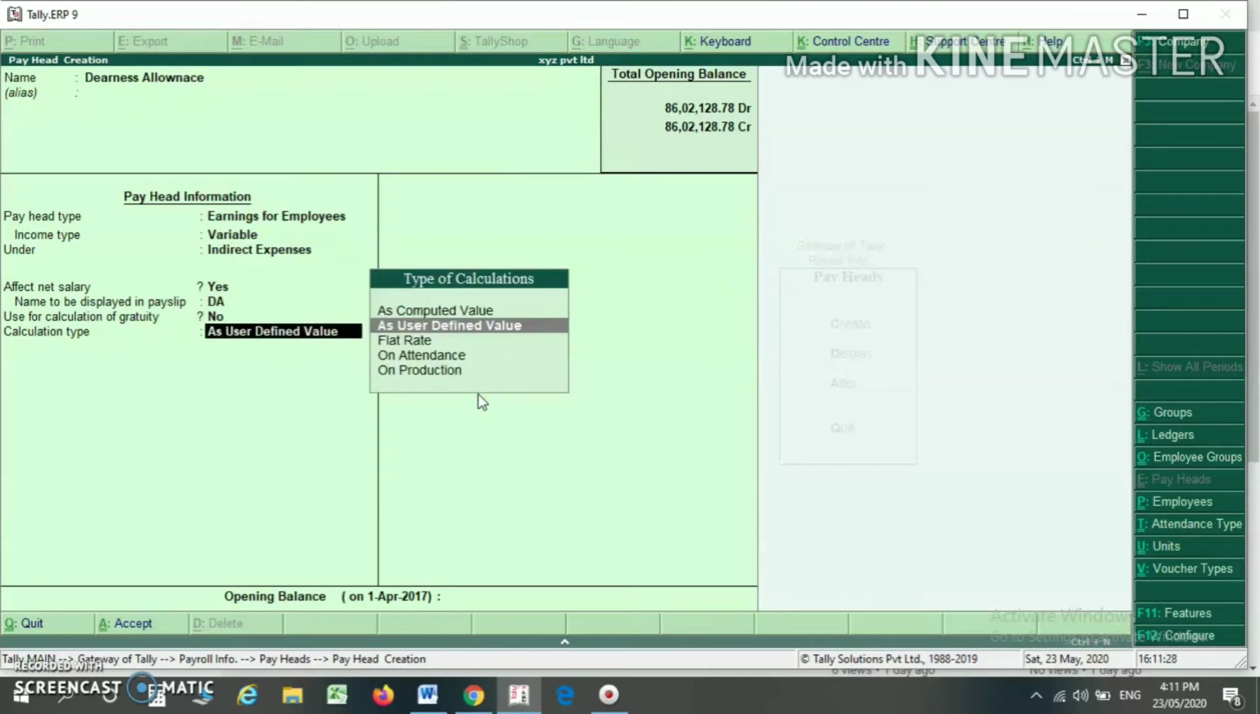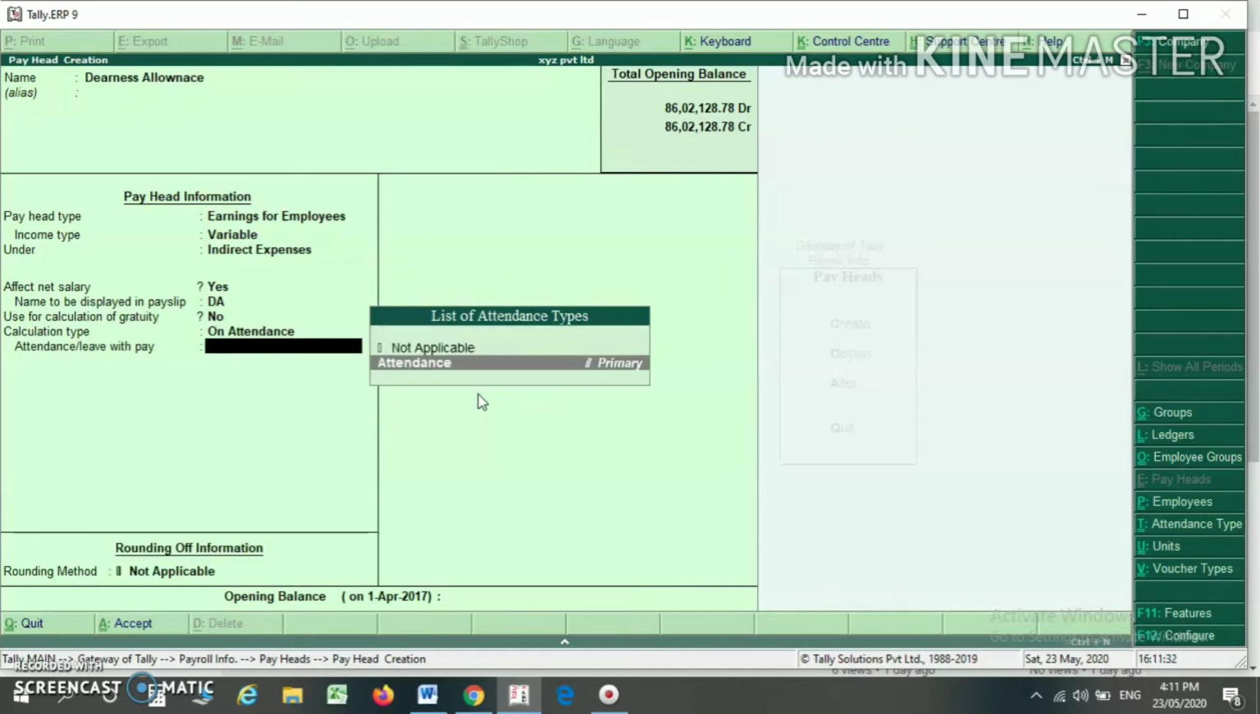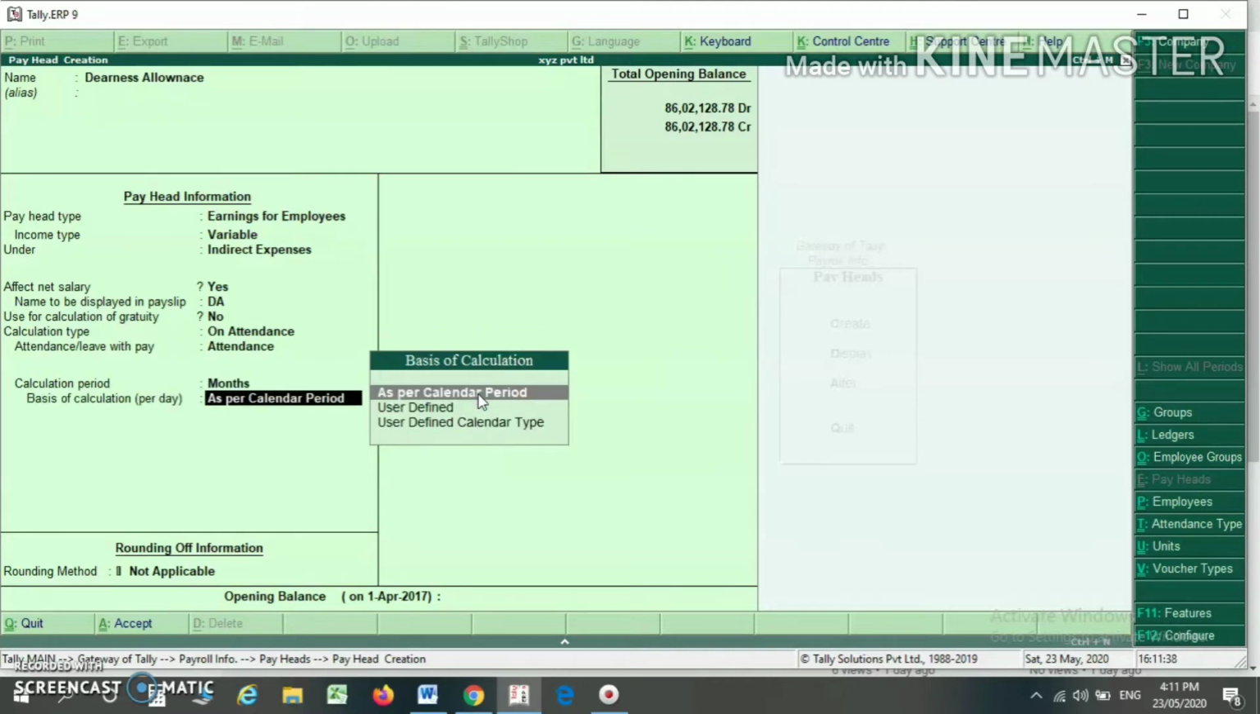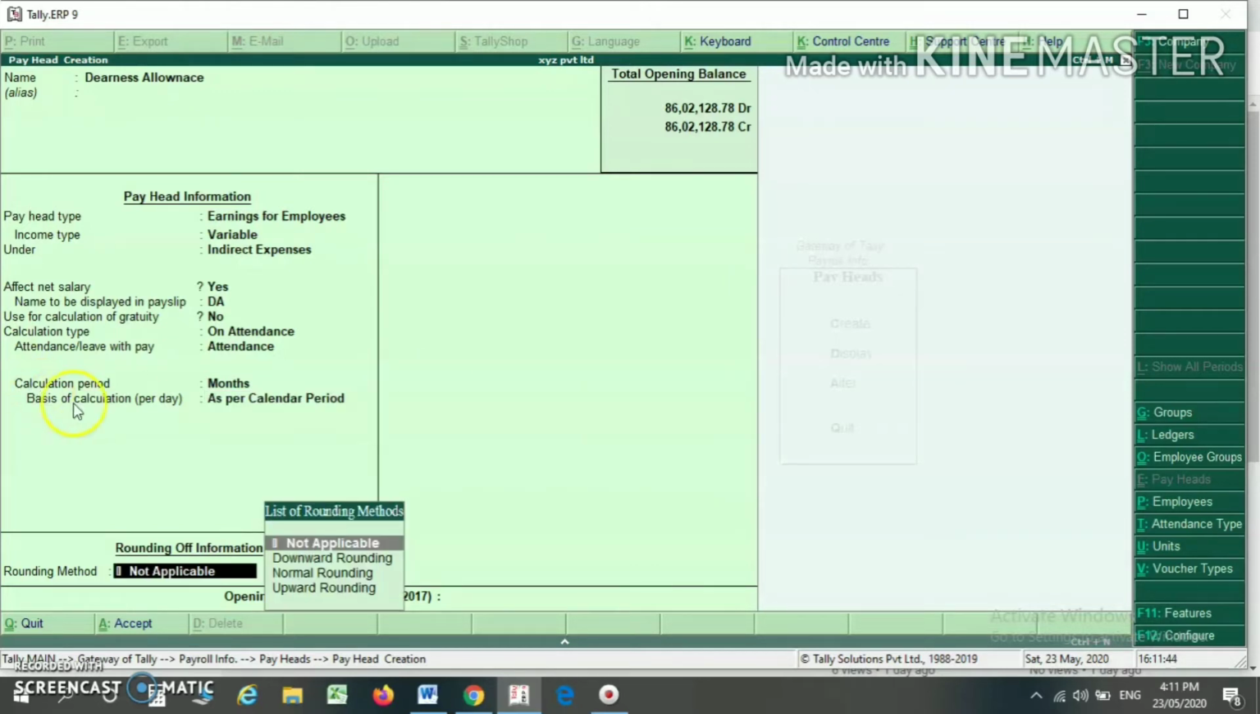Here you have to select the calculation type. So I am selecting on the basis of attendance. I have to select the attendance from the list. I have to select the calculation period, that is the month, and the basis of calculation, that is the calendar period. By selecting this, the calculation of salary will be done on the basis of per day per calendar period. Here you have to select the rounding up method